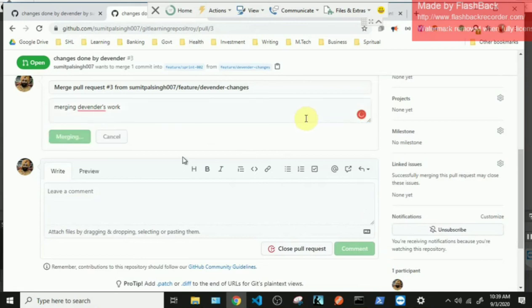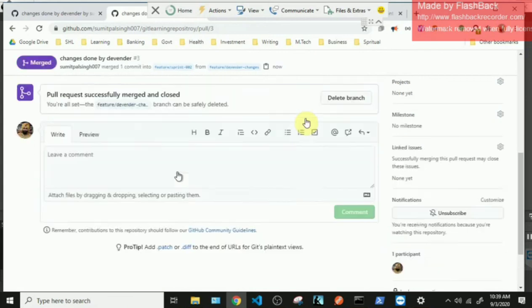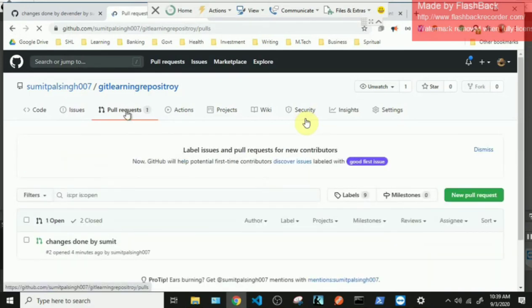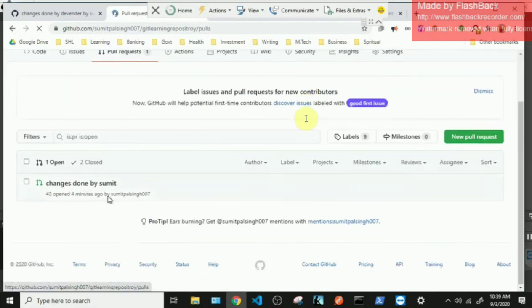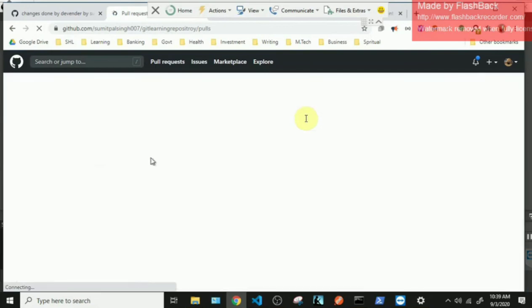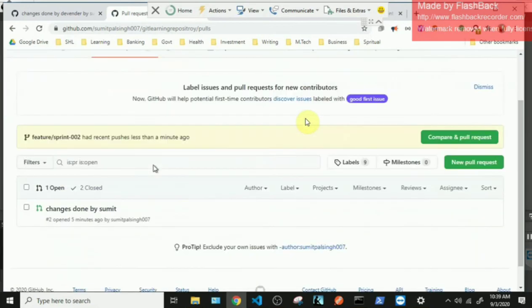Now if I go back to pull requests, I can see there's only one pull request pending, which is Sumit's work. If I refresh it, so now Devinder's code change has been merged. Only pending request is Sumit's request. So I'll merge this as well.